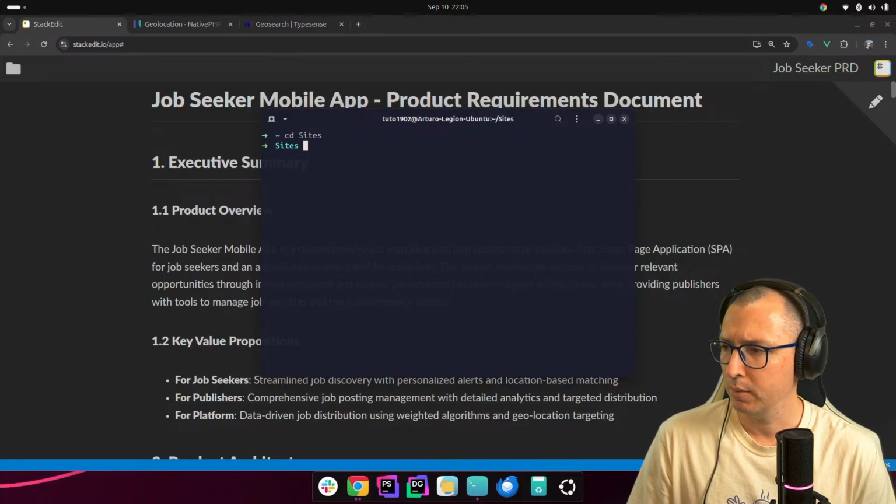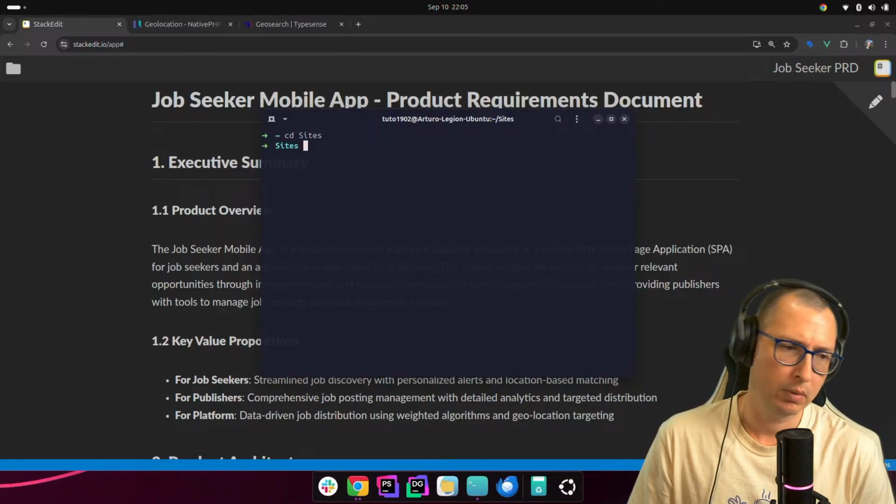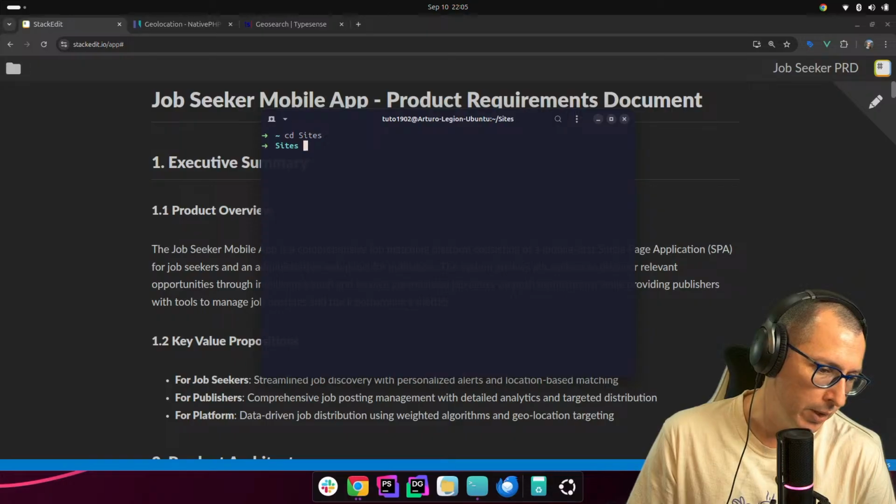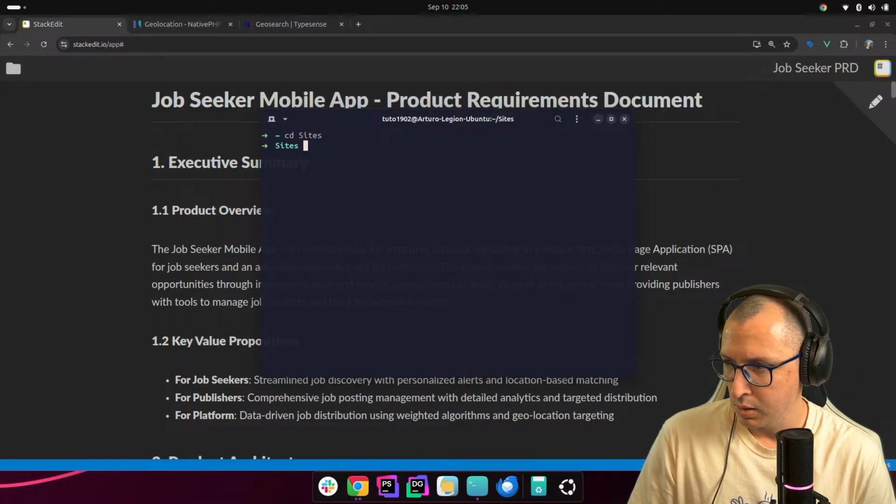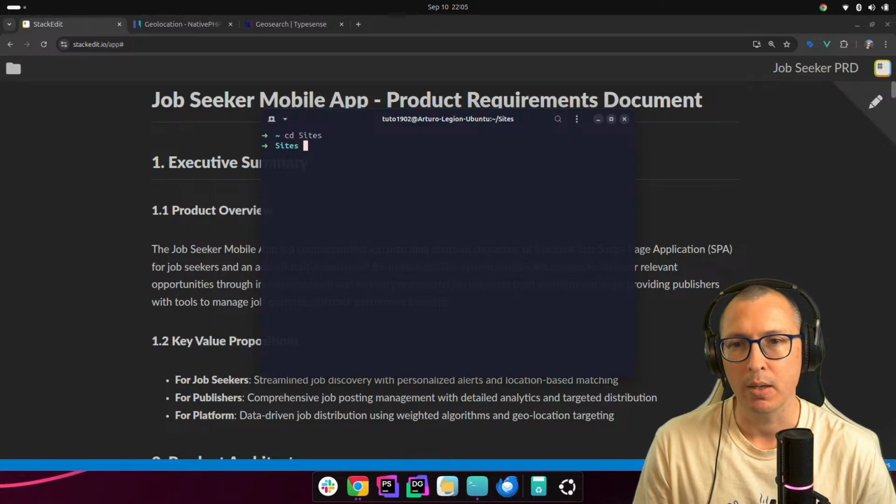We could create a scaffold for the mobile app. Make sure that we can install native PHP in it. Let's try that.